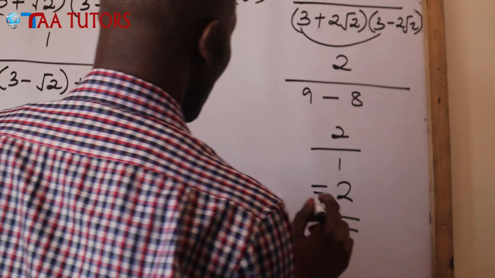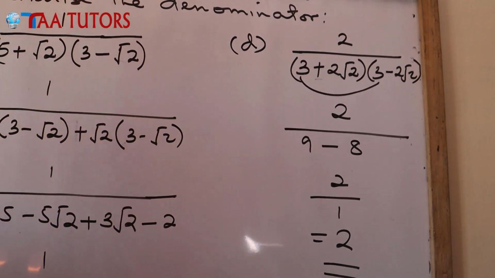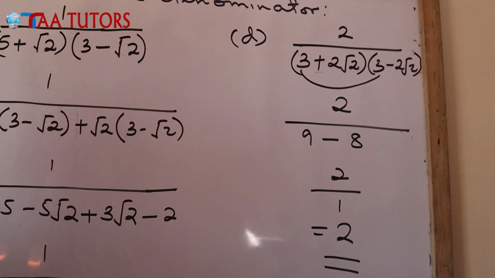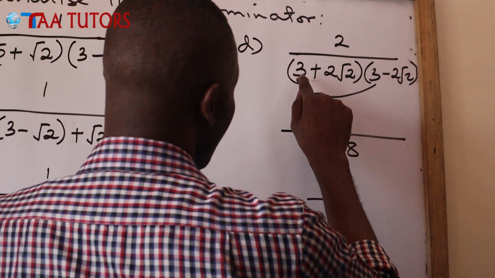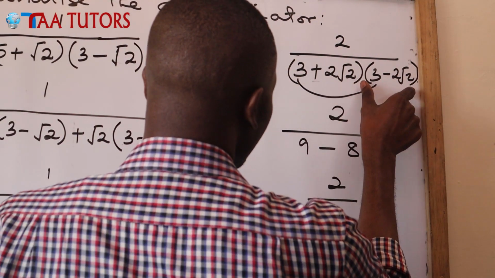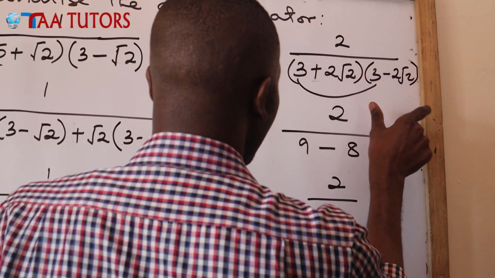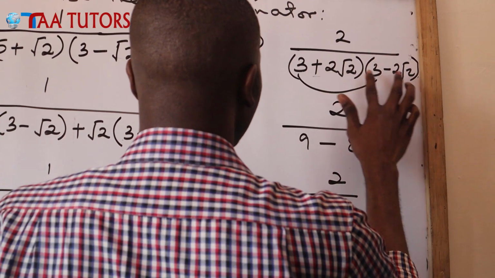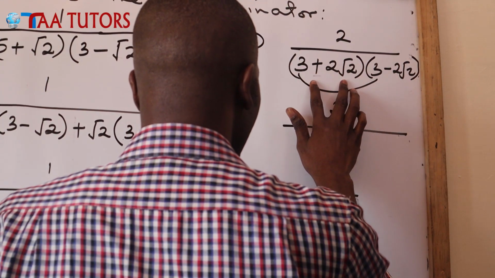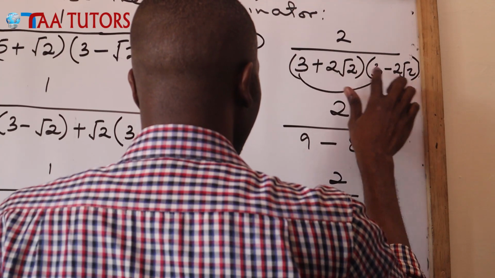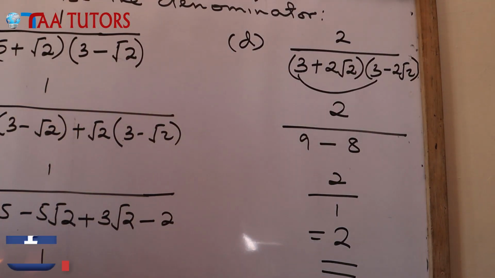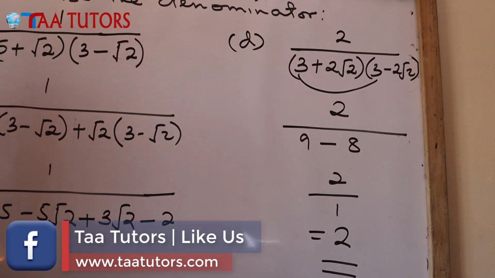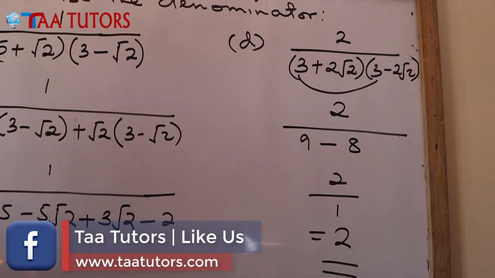That is quite easy, but sometimes you find students meeting such a problem in an exam and then they start shivering. You have to really be keen to know that you are dealing with such a case. I check that these terms at the denominator are conjugates of each other, the same except the signs. Then in that case, you are going to take the least amount of time to deal with it. Let me finalize this lesson by